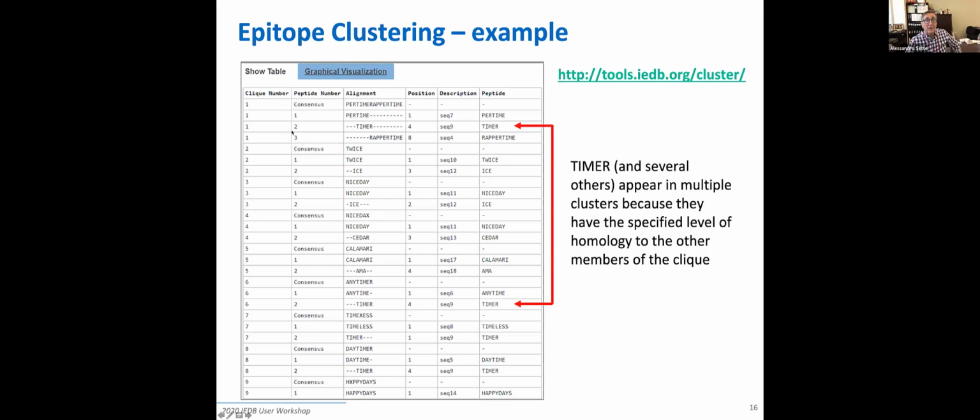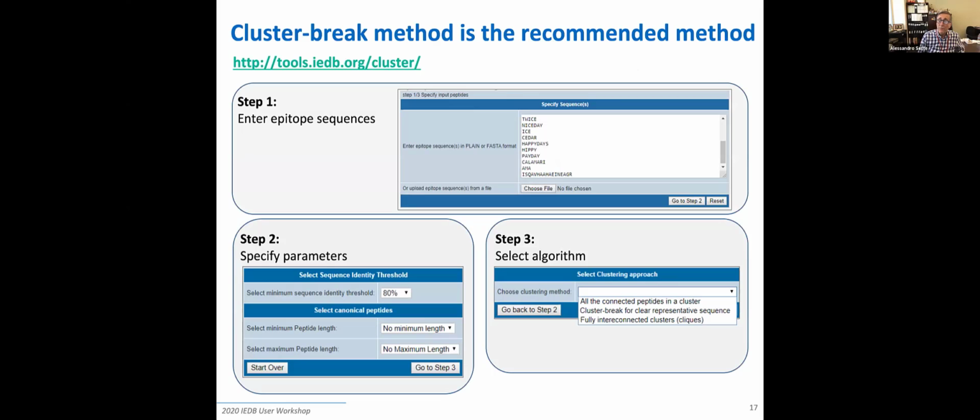So you get that all the peptides have a homology, but the timer, for example, can appear in two different clusters. And so the